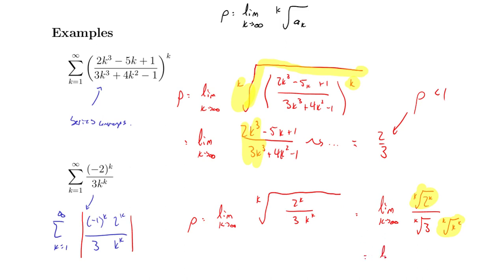So you're going to have a limit as k goes to infinity of 2 over the kth root of 3 times k. This kth root of 3, you can show that this is going to end up going to 1 because you could write it as 3 to the 1 over k, and then that exponent goes to 0. And so this whole thing is going to go to 0 because you're going to divide by 1 times infinity. That's small. We're okay. All we needed was that rho has to be in between these two things. So that means that this series